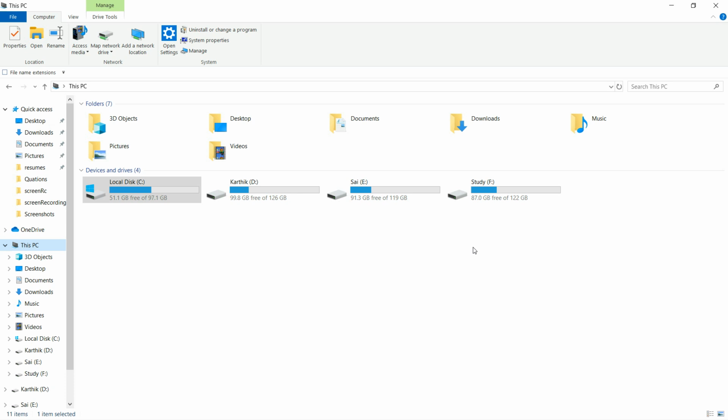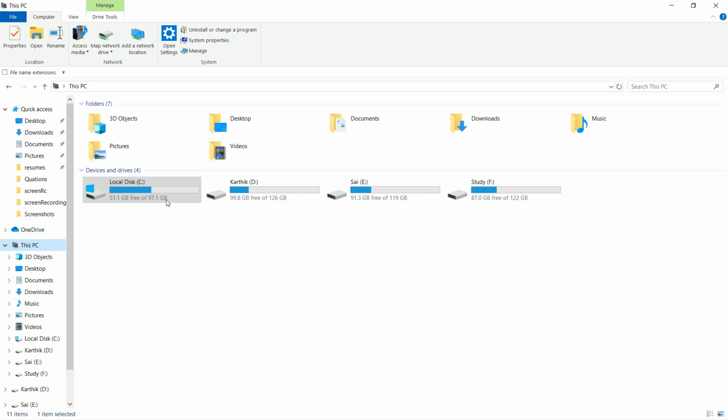Hi friends, today in this session we're going to discuss GitHub and how to use GitHub, how to push the code from our local repository to the remote repository, that means GitHub, and how to pull the code from the Git repository to the local machine. All these things we will discuss now.